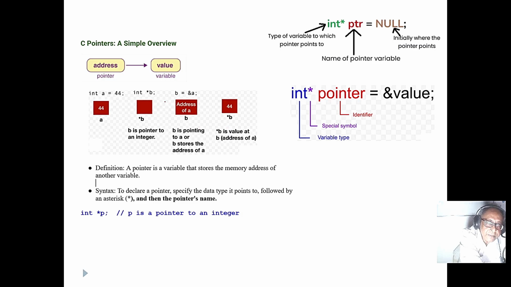These are C pointers. This is the pointer declaration. Whenever you declare a pointer, it is always better to set it equal to NULL. Not doing so doesn't give any error, but it is better to do it, and there the address-of comes in. So there are two ways you can do it: one is NULL, and another is an actual value.